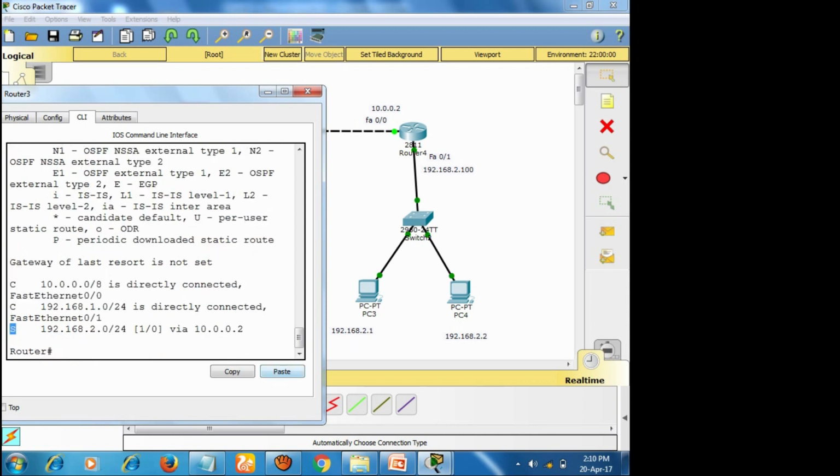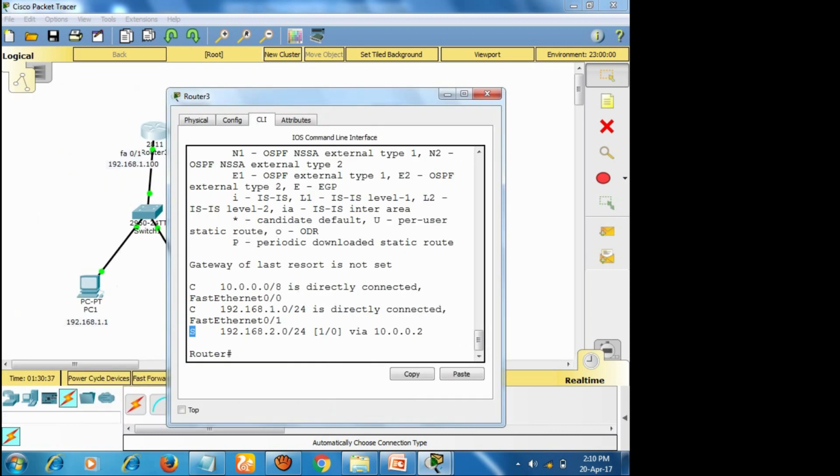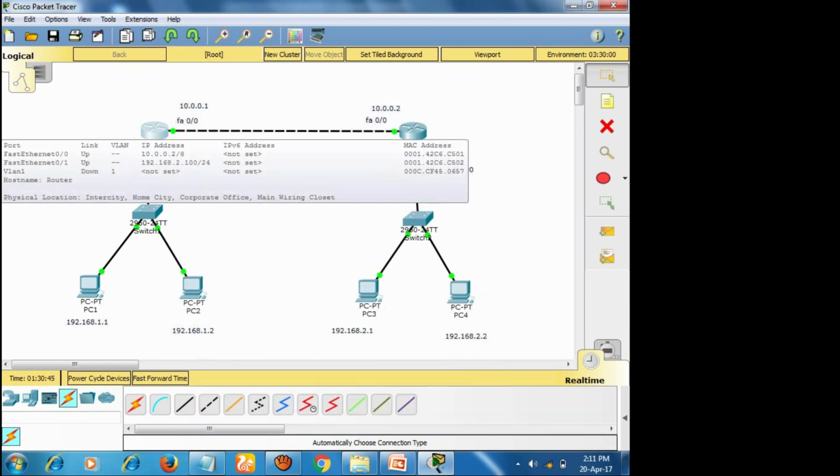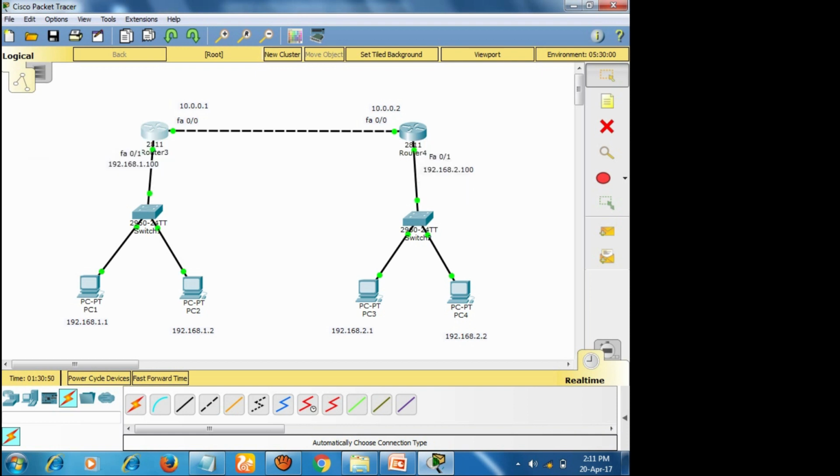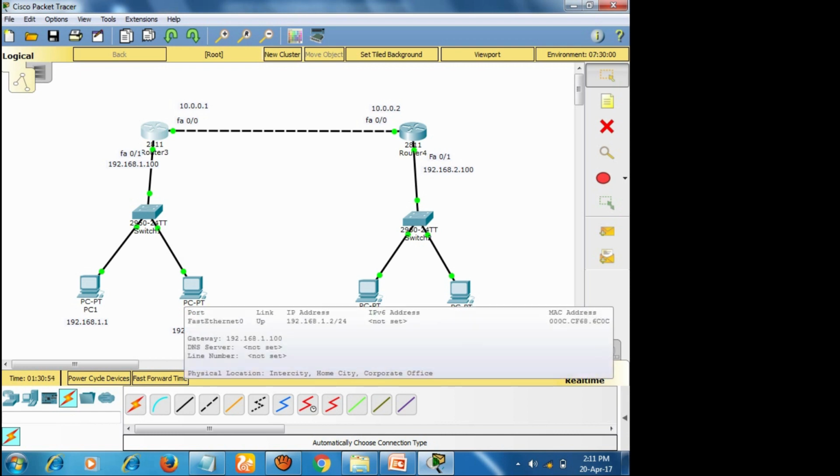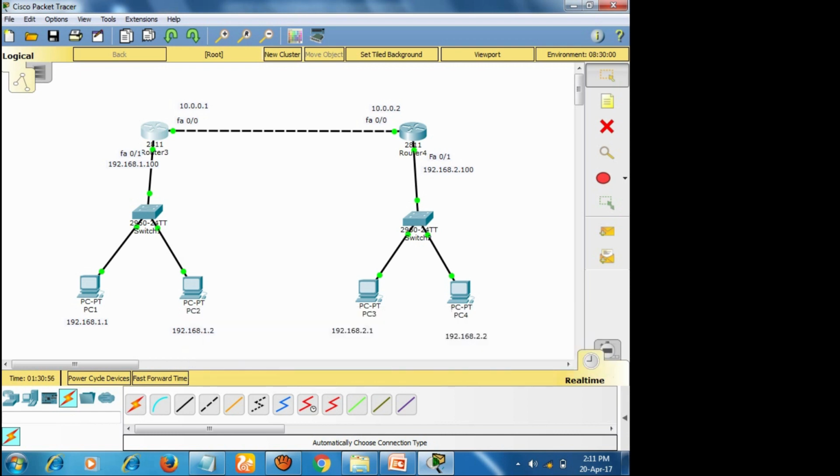So now what happens is, router 3 has the information about the 2.0 network, but at the same time router 4 doesn't have information about the 1.0 address. The reason is, as we know, it is like a handshake protocol, right?